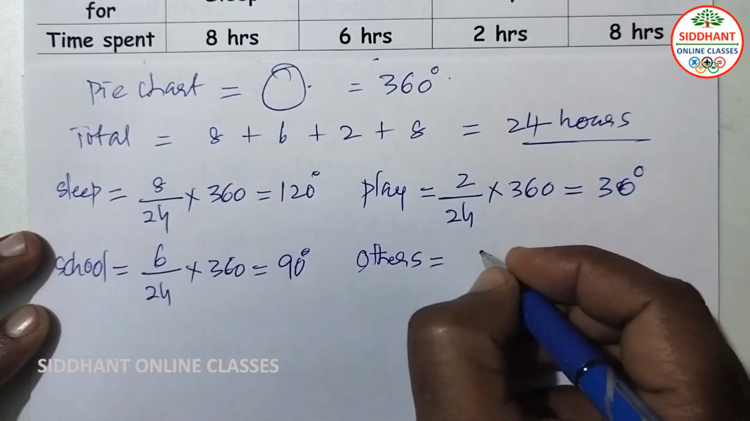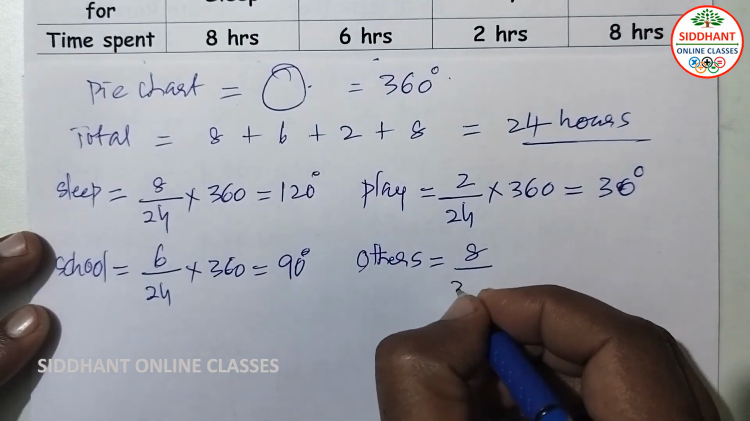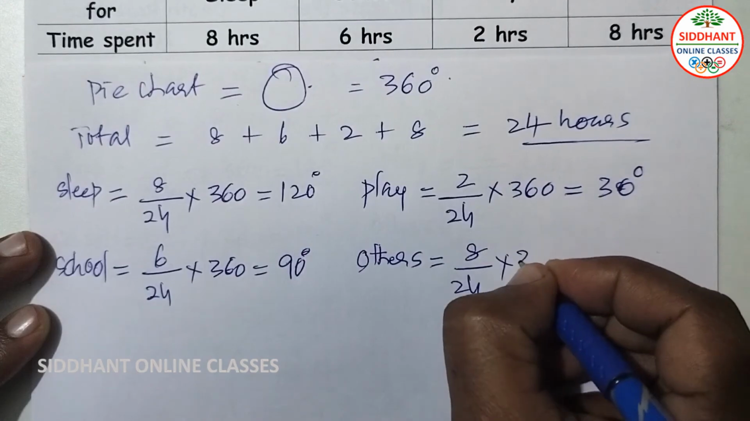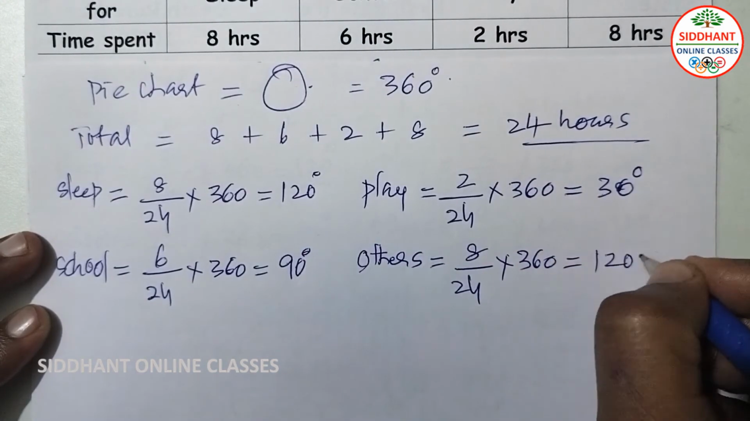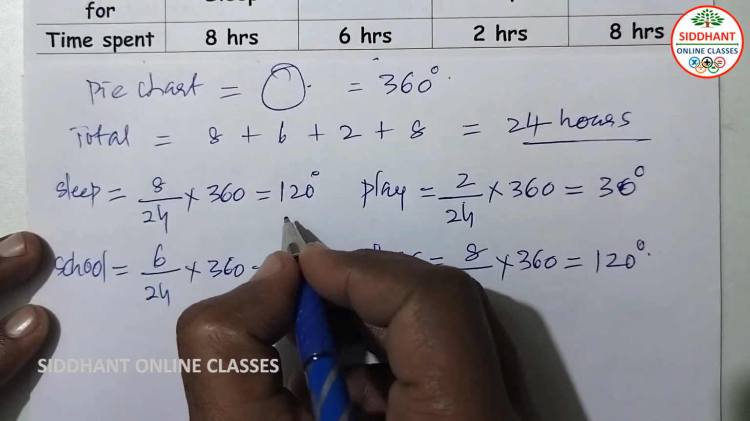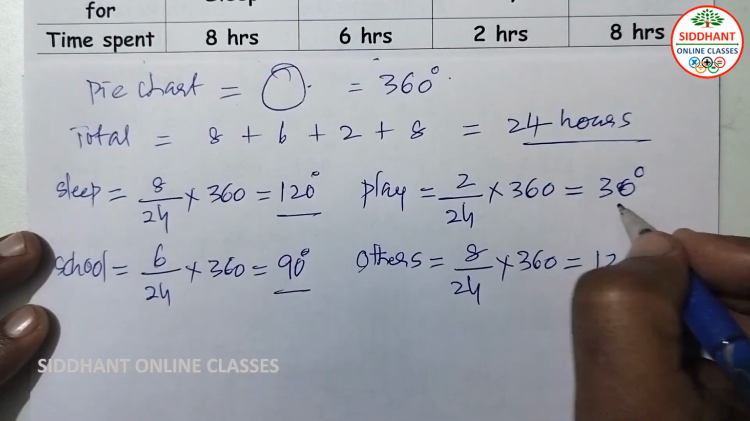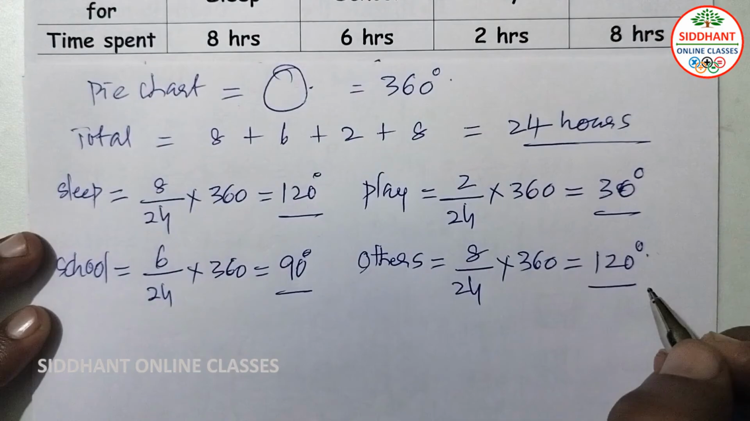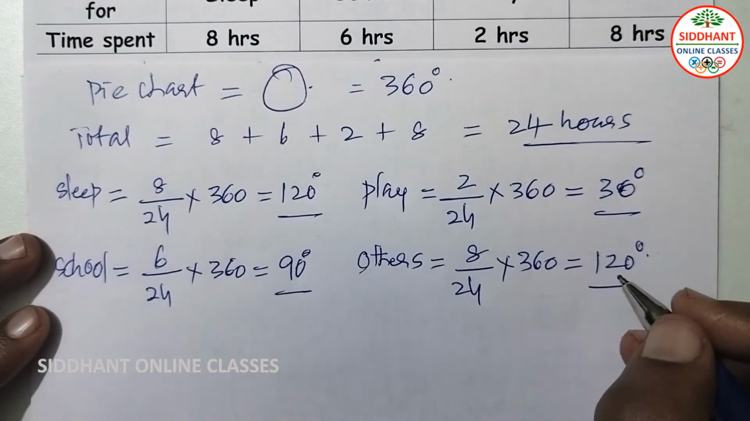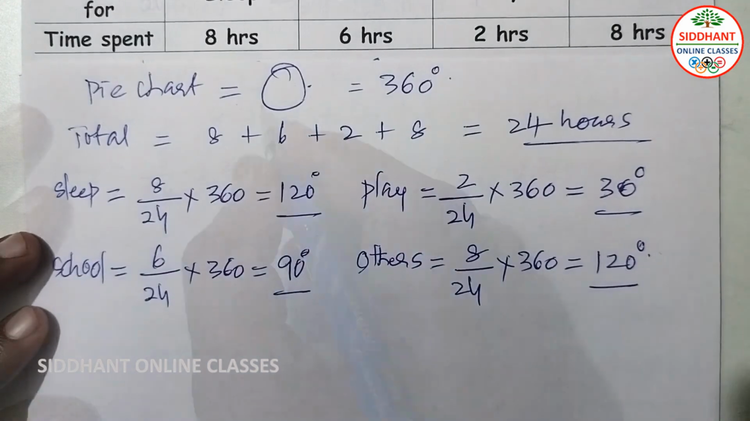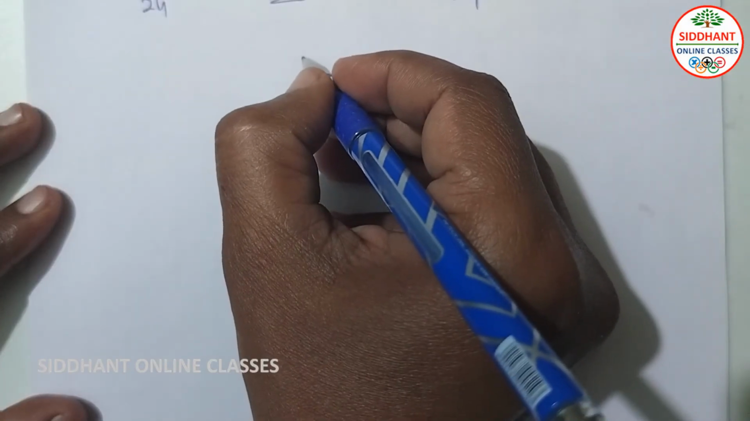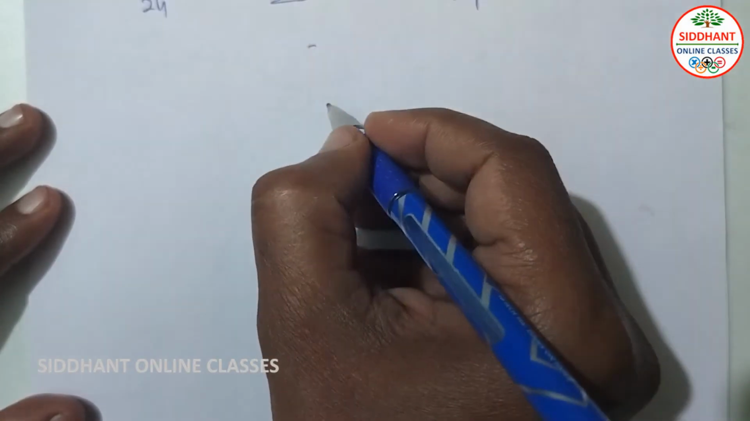Next others, 8 hours by 24 hours into 360, so that will be 120 degrees. So here 120 degrees, 90 degrees, 30 degrees and 120 degrees we are going to draw in a pie chart here. So when you are going to see a circle here,